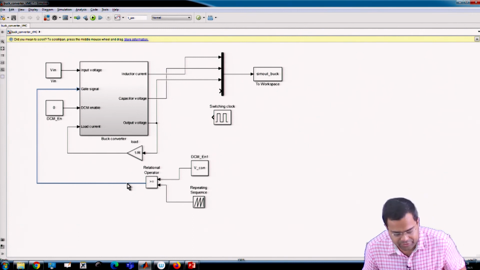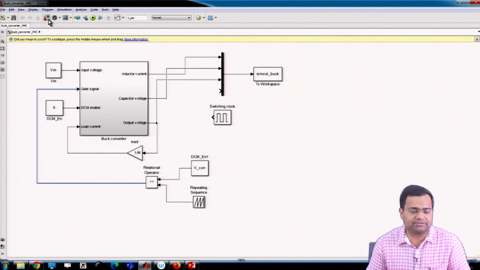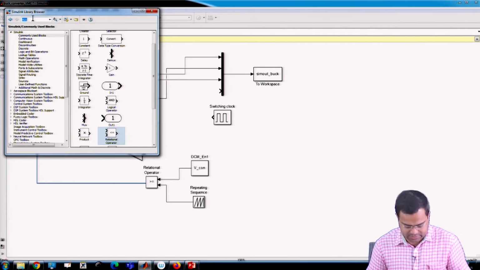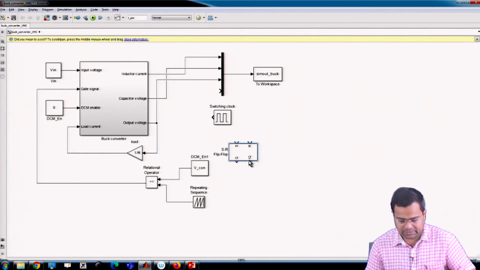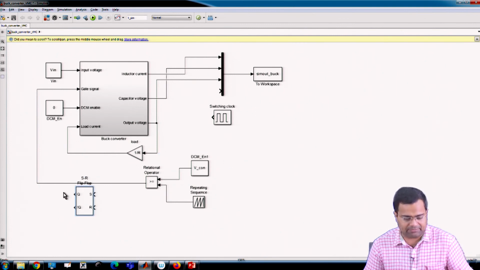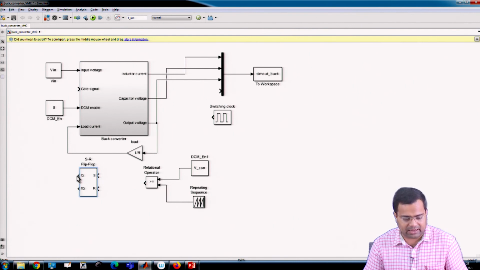Now, we want to introduce our RS latch, that means latch circuit, the flip flop. So, RS flip flop we want to introduce, because we want to implement our trailing edge modulation technique.